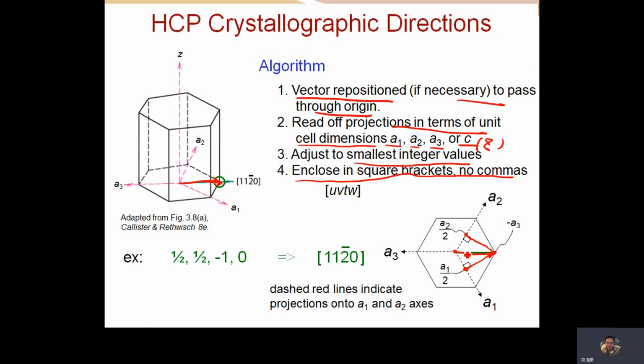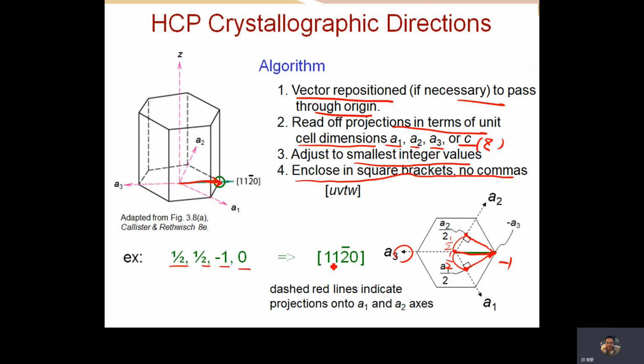Okay. Therefore, what's the projection on a1? It's half, right? It's half right here. And what's the projection on a2? It's here, right? And what's the projection on a3? It's -1. Can you find its projection? Therefore, we can define its projection on the unit cell direction as half, -1, 0, and we adjust